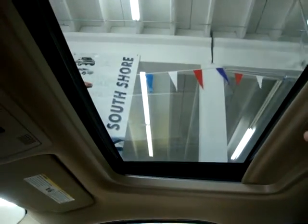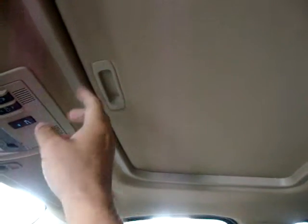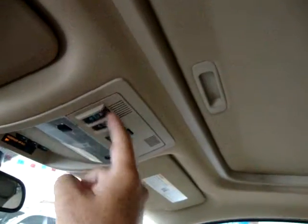Okay. Alright, power moonroof. It is a glass moonroof. It is tinted, but also has this hard cover that blocks out the sun completely when you don't want it to come through. It tilts and slides. Let's go ahead and slide it now. It's one touch. You don't have to hold the switch for it to open, as you can see, or close,